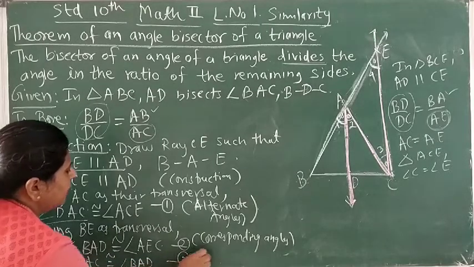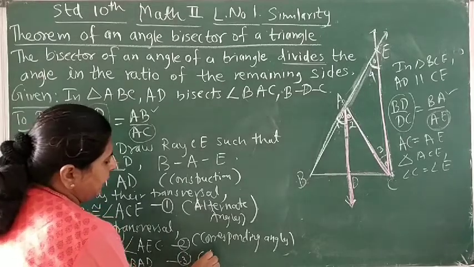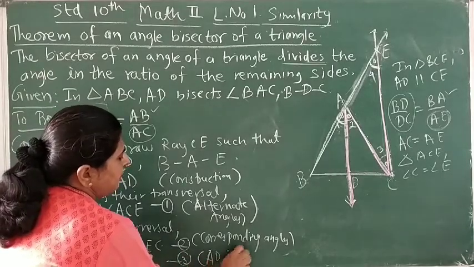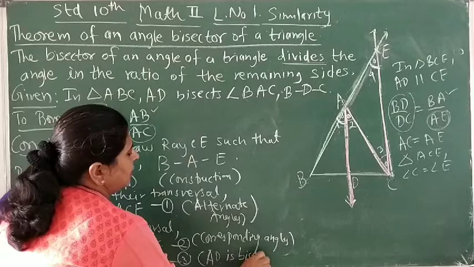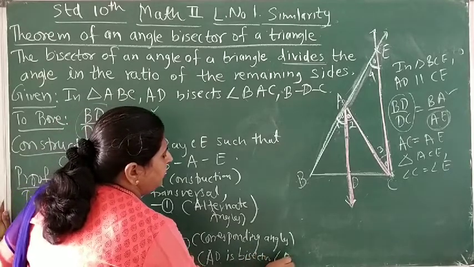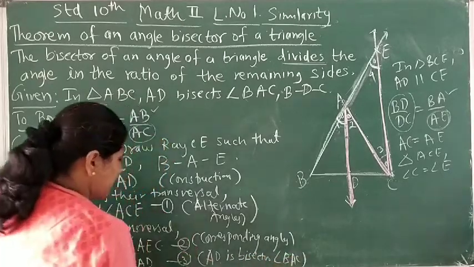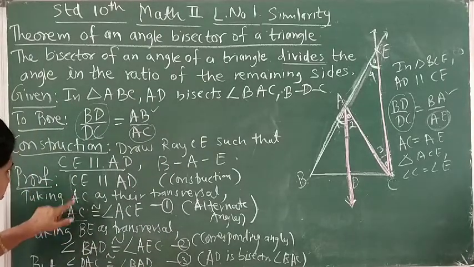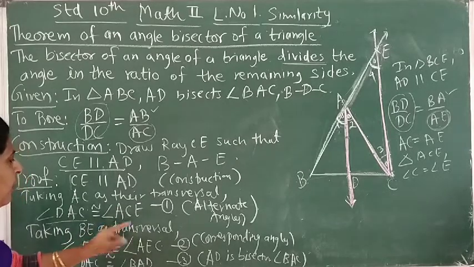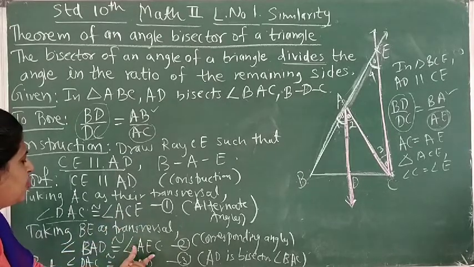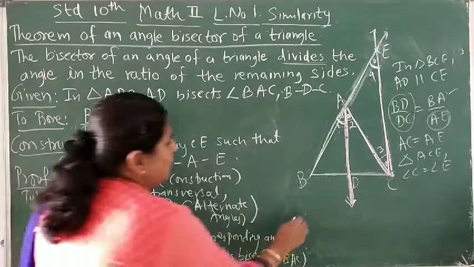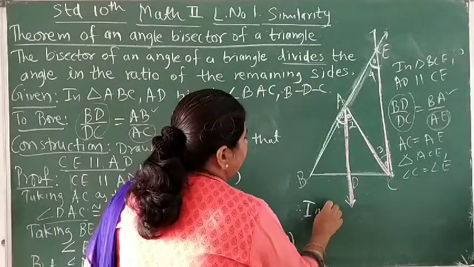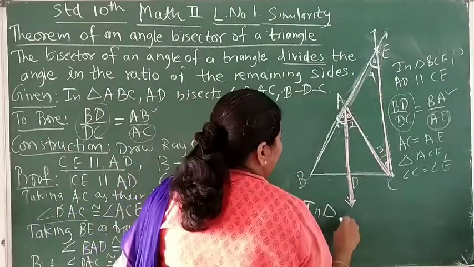Statement number 3. Why? It is because AD is the bisector of angle BAC. So statements number 1, 2, 3. So if the left sides are equal, these two angles are equal, here we are stating that the right sides also should be equal. Therefore angle ACE should be equal to angle AEC. Therefore in triangle AEC or ACE,